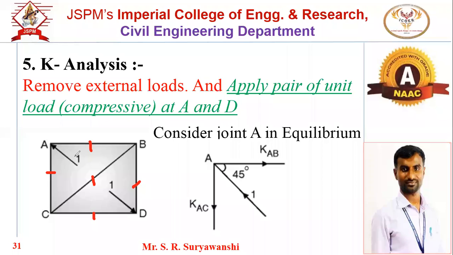To find out these member forces, we have applied the unit load pair at joint A and at joint D. So we are not interested in getting the reaction at C and at D, as the truss is internally indeterminate. What to remember: if the truss is internally indeterminate, in K analysis we do not find the reactions. Don't use the three equations, sum Fx, sum Fy and moment. And don't mention the reactions also. Support C is a hinge support and D is a roller. So don't consider the reaction in K analysis if the truss is internally indeterminate.